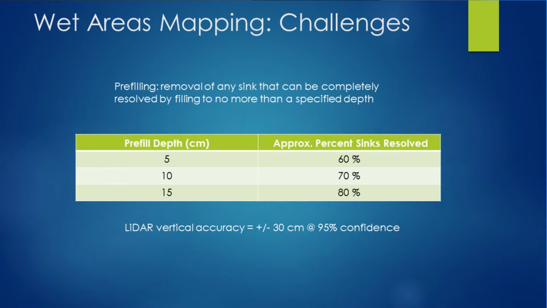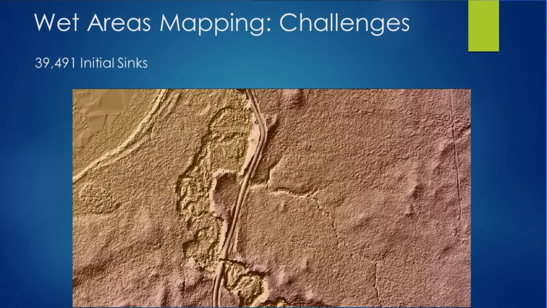With the vertical accuracy of the GOA LiDAR being plus or minus 30 centimeters, when we pre-fill to 15 centimeters, we're still substantially below the vertical accuracy thresholds, but we can remove a very substantial number of sinks and subsequently reduce the processing effort required to resolve the remaining sinks. So this is just an example